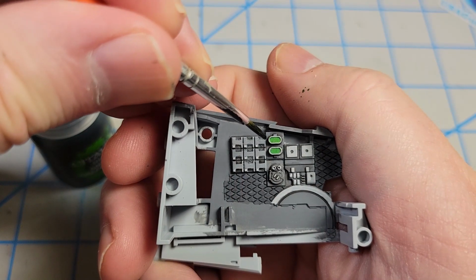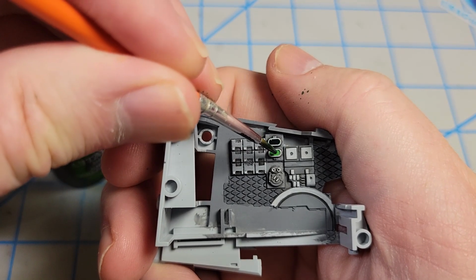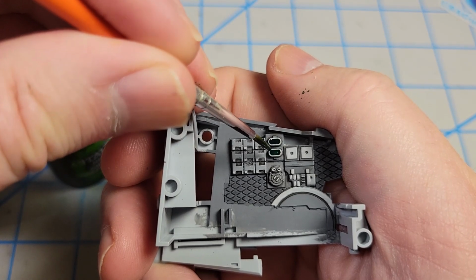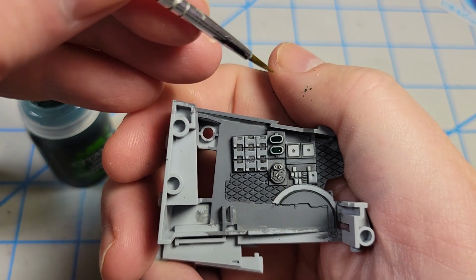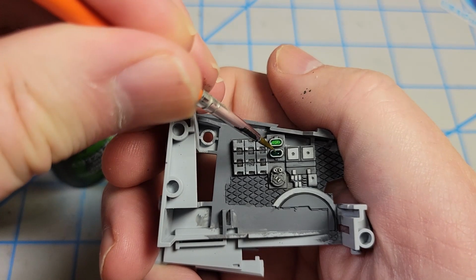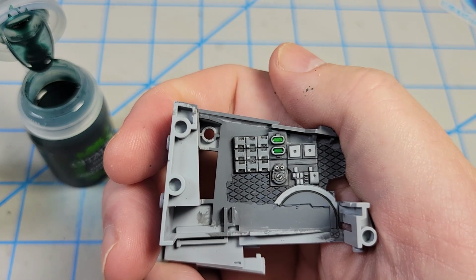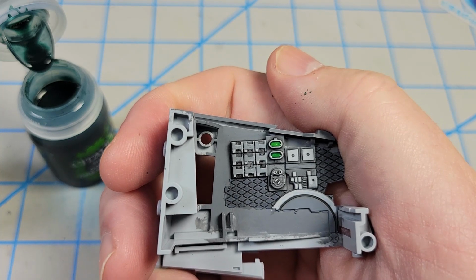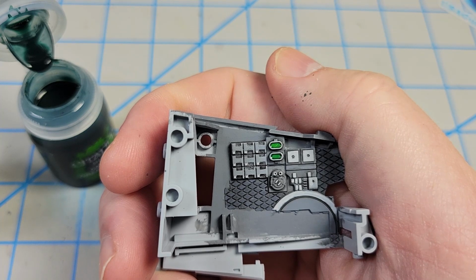I thought it might look good to take some Coelia green shade from Citadel, just drop it down into these viewports here, or whatever they are. Get it in there real good, then wipe off my brush and just wick up the excess. And it'll leave a nice kind of dark edge around that to enhance the lighter colors in the middle. That'll dry flat, so I can later come back and put some gloss coat over that if I want to